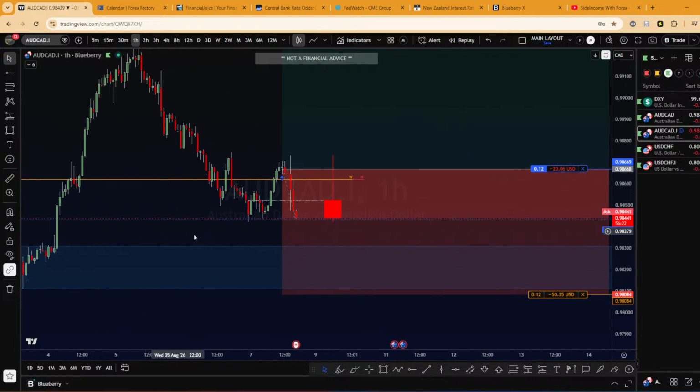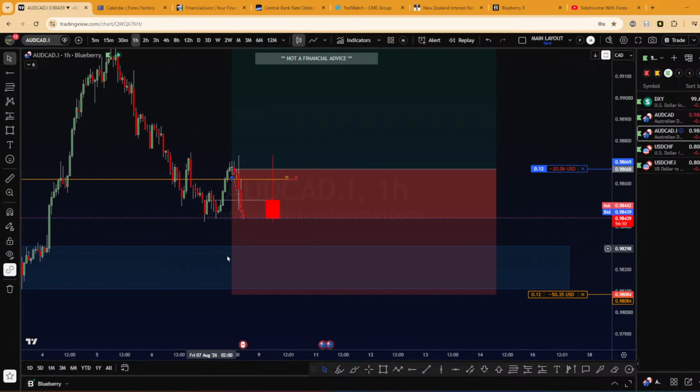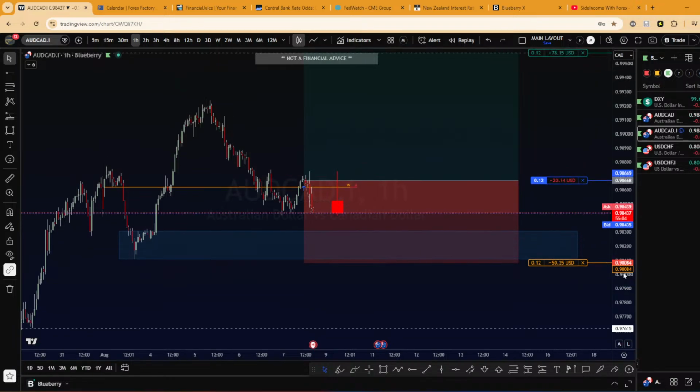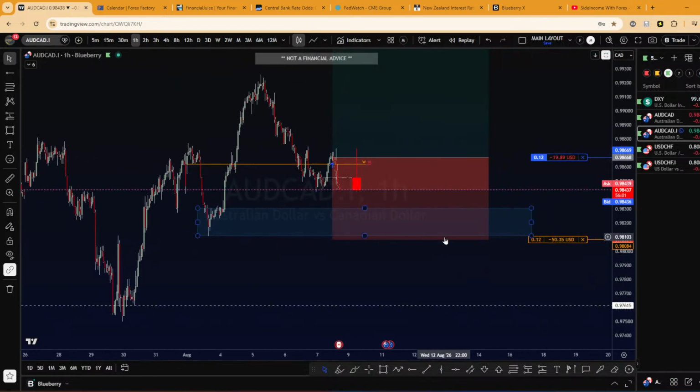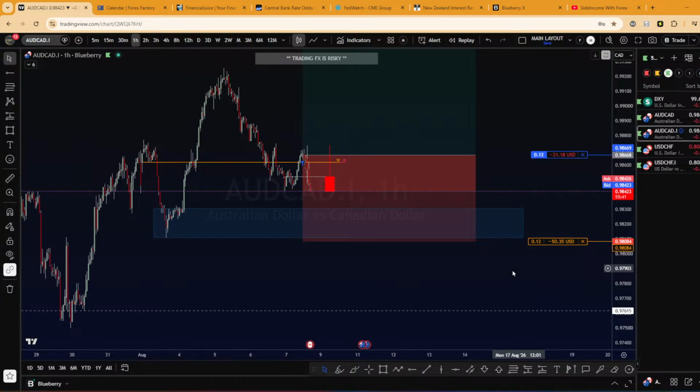USDCAD, as I expected, due to the Canadian dollar's last report on jobs, we started to see some drop on USDCAD, but it's okay. As I said, I calculated my risk, so I will add more if I get stopped out, and maybe next week, because we have an important interest rate news from the RBA next week. So this will be very interesting, whether I will have another position or not. But the bias is still the same right now, so I want to be bullish on this pair.